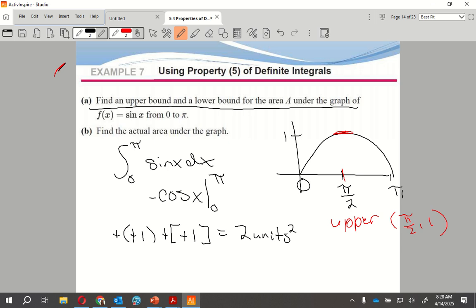My lower bound, actually I have two lowers, which are here and here, at 0 comma 0 and pi